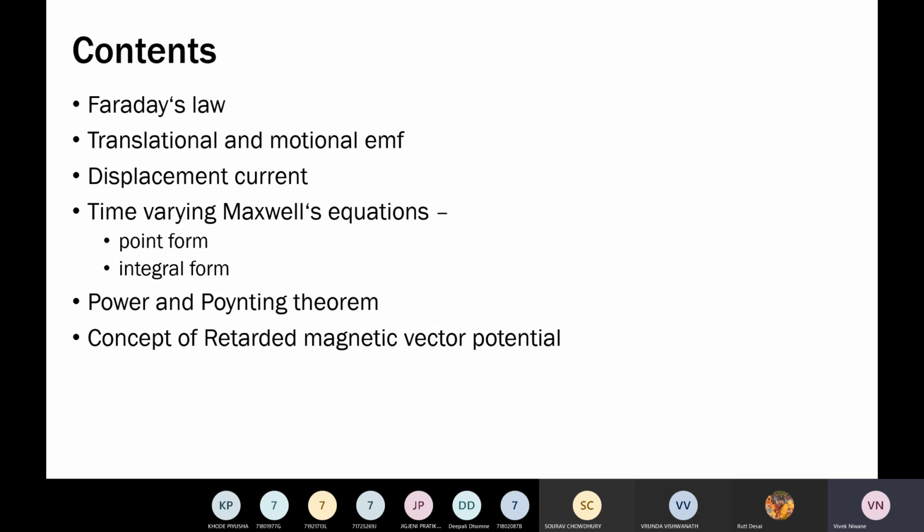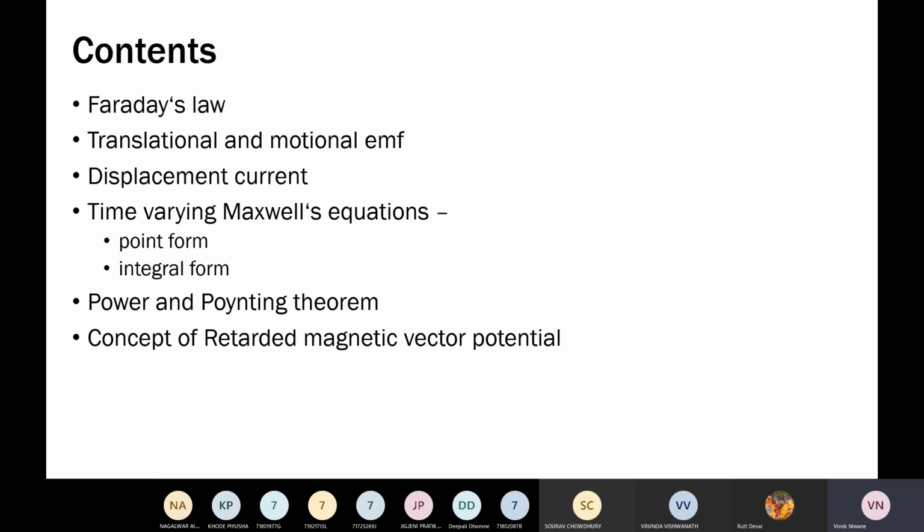There are groups who believe in displacement current theory, and there are other groups who really don't believe in it. Some of the groups do believe that we have ether as a material in our space. You can think about how energy is being radiated from the sun to the earth. There we don't have any dielectric material, any sort of material. What we have is empty space, vacuum. Still we are able to get the energy from the sun. So some groups believe that space is not empty, there is a certain material, and that material exhibits certain properties, and it is called ether. Once again, theory. So displacement current is still a theory which has been proved mathematically, but